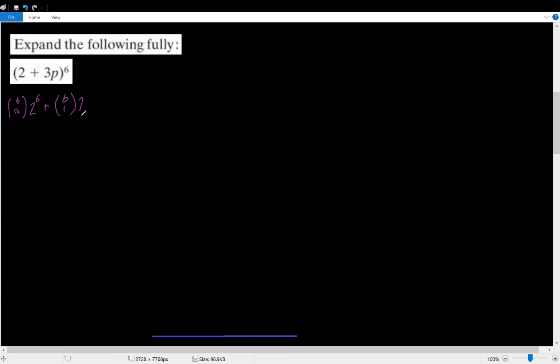And then we're going to have 6 choose 1, and this time it's going to be times 2 to the 5, because the powers for the a value, for the first value, are going to go down as the powers for the other one go up, so it's going to be times 3p, which is to the 1, and then that's going to be plus 6 choose 2, by 2 to the 4 times 3p squared, plus 6 choose 3, by 2 to the 3, sorry, forgive me, that should have been 2 to the 3, times 3p cubed,